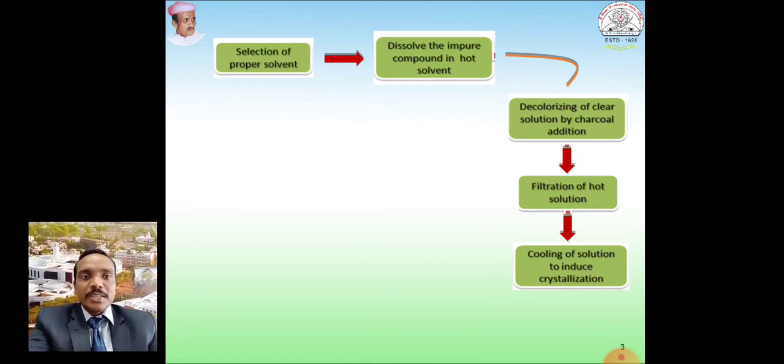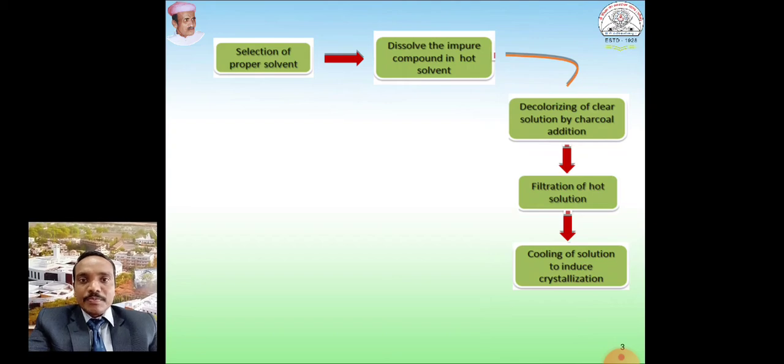So once we keep this solution for cooling, the temperature goes down toward room temperature. During that, slowly the pure product in the form of crystals will come out, as the compound is insoluble at room temperature.